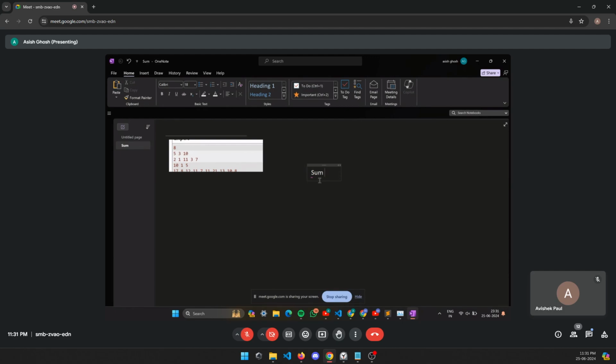हाँ तो फर्स्ट एलिमेंट लेंगे, जैसे सम। सम हो गया 2, और कंडीशन गिवन है कि L less than equal to सम, और सम less than equal to R। ये अगर लाई हो गया तो हमारा एक काउंटर हम लोग कैरी करेंगे, काउंटर इक्वल टू 0। तो फर्स्ट सम तुम्हारा 2 हो गया, तो ये 3 और 10 के बीच में लाई नहीं कर रहा है। तो हम लोग नेक्स्ट कंटिन्यू करेंगे।